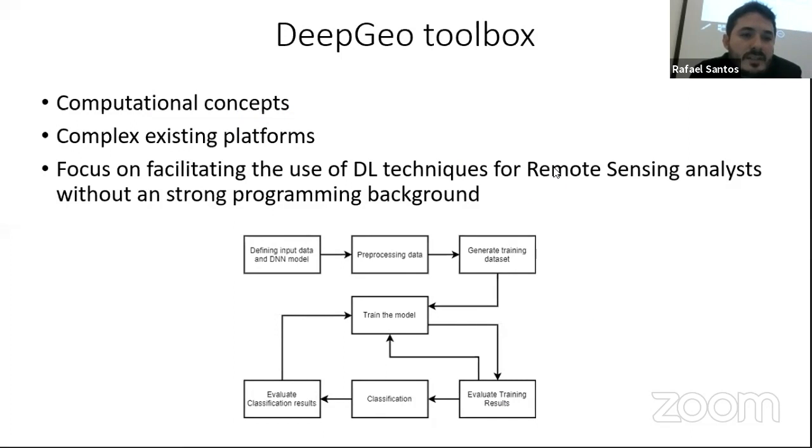And the basic idea here is that the computational concepts behind deep learning are very complex, and the existing platforms are also very complex for an analyst that does not have a strong background in computer science, a strong programming background. So focusing on facilitating the use of deep learning techniques for these analysts without a strong programming background, we proposed this framework that makes available several